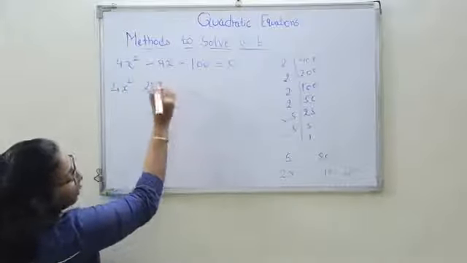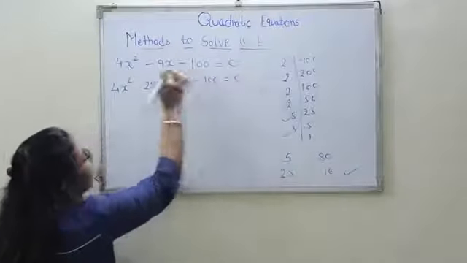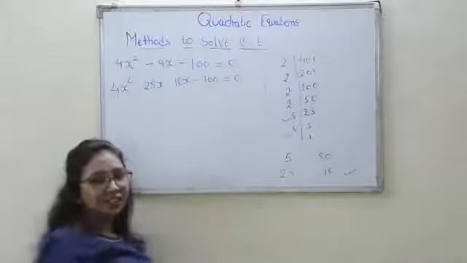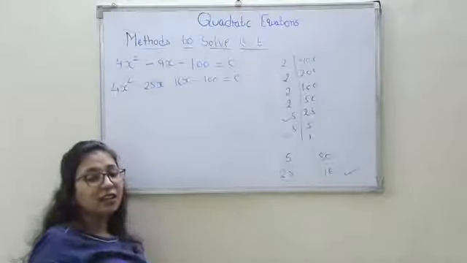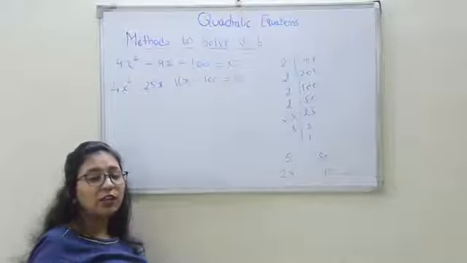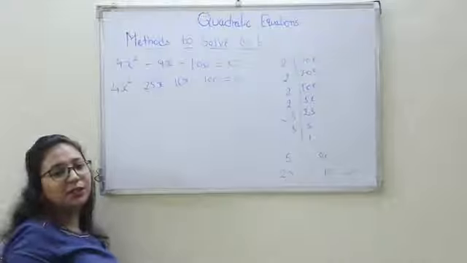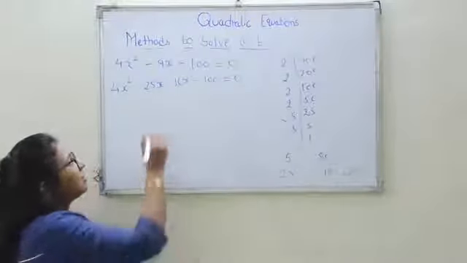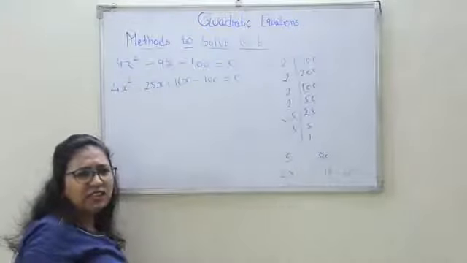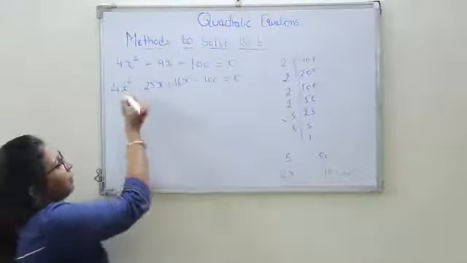First I will write the factors and then I will put the sign. I want minus 9. So when I want minus, in the previous question also we saw that you have to give the minus sign to the greater one. Then only it is possible to have the minus 9. So minus 25x. That sign you can just decide as you understand, whatever method you can apply for that.